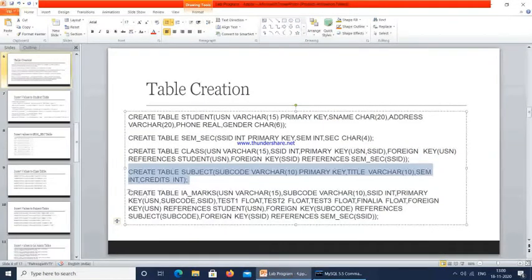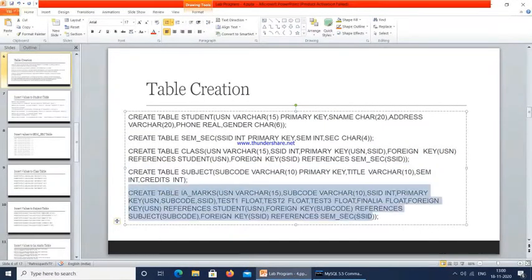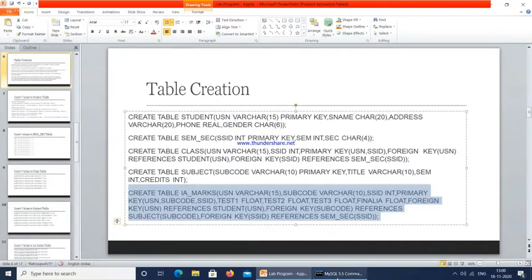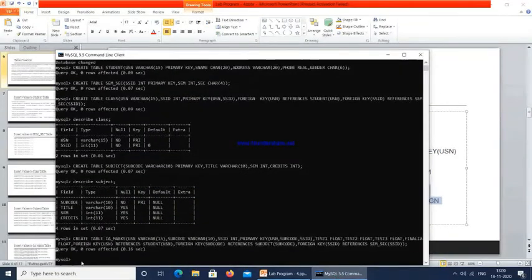Next we will create a table for IMarks. In IMarks we have three foreign keys: USN, SSID and the SEM section. These three will be the primary key, a combined primary key. And the remaining are test 1, test 2, test 3. We are taking the float data type for them.